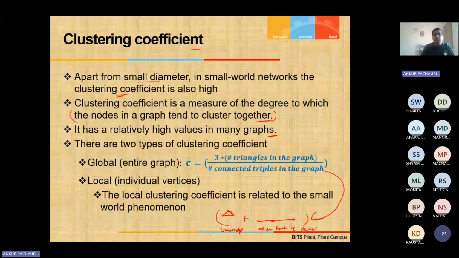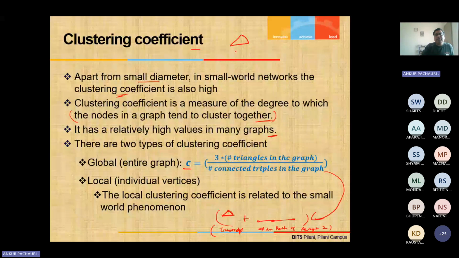The sum of both. So the number of triangles divided by the number of connected triples in a graph. This proportion will give me the clustering coefficient. Okay, now why is 3 being multiplied? Because